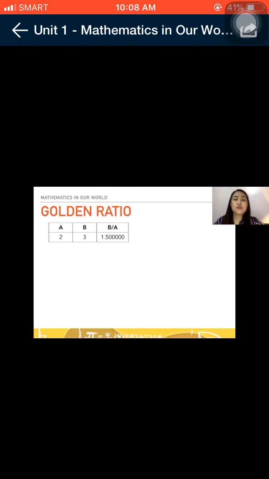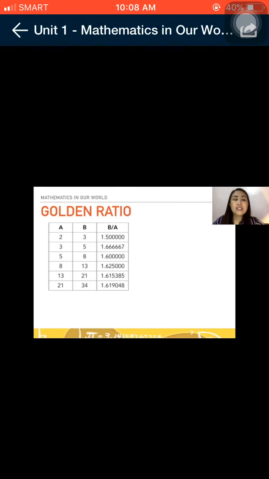Alright, so we've seen the importance of Fibonacci numbers in nature. Another application of those numbers is what we call the golden ratio. So we take 2 Fibonacci numbers, then divide the 2. Let's start with 2 and 3. So 3 divided by 2 is 1.5. Next, 5 divided by 3 is 1.66667. 8 divided by 5 is 1.6. 13 divided by 8 is 1.625. 21 divided by 13 is